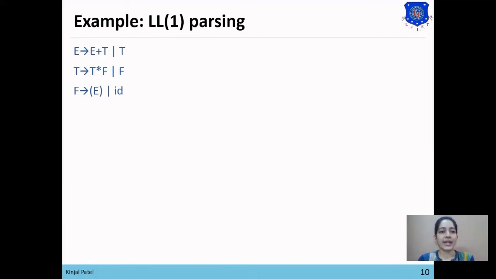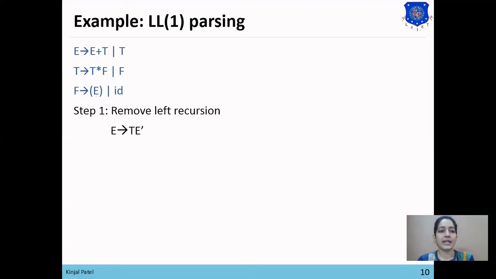grammar. So next, second step, we'll check for left recursion. Here we can see that left recursion is present in this grammar, that in the first and second level, the first leftmost non-terminal is the same as the left hand side. So we need to remove left recursion, and for that, in the first rule, we'll select the second alternative as there is no left recursion in it.